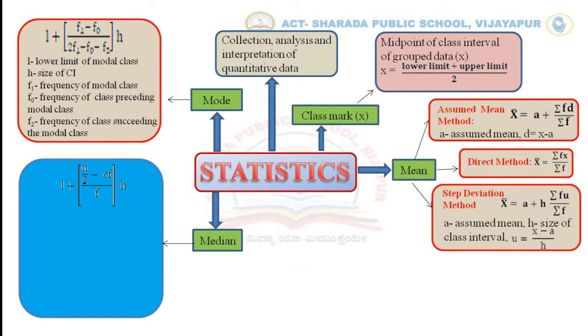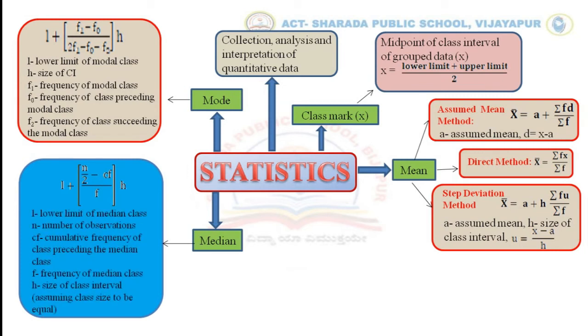But for the grouped data, it cannot be applied here. So for the grouped data, we follow the different method of finding the median, that is given by L plus n by 2 minus Cf divided by F into H, where L is the lower limit of the median class,